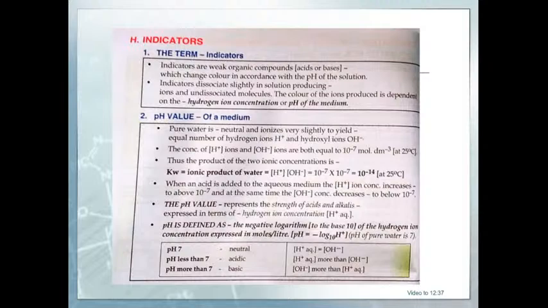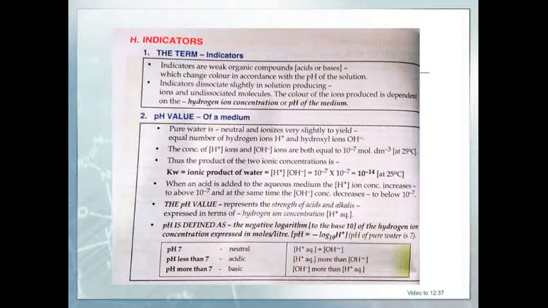Hydrogen ion concentration, or you can say the pH of the medium. Now just now we have seen that pure water has pH equal to 7, right? It means what will be the concentration of H plus ion and OH minus? They are equal in number, that's why they are neutral. Water is neutral. Why? Because water contains equal numbers of H plus ions and hydroxide ions, so they cancel the effect of each other,